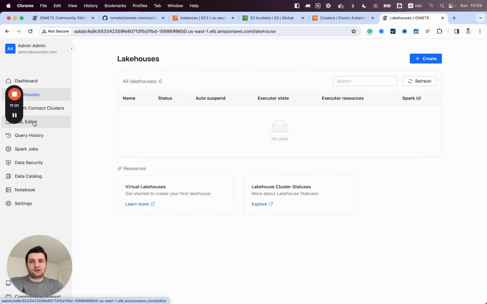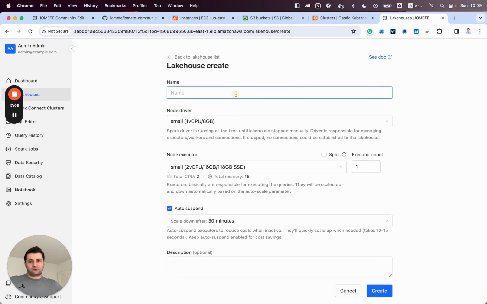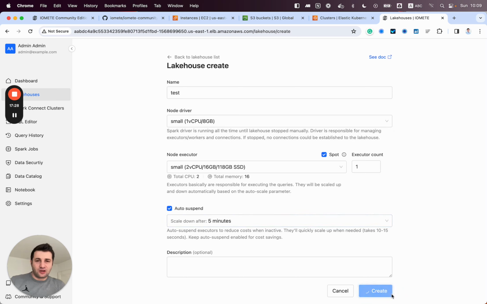Let's say, choosing the smallest instances, you can opt in for Spot, and then the auto suspend will scale down resources automatically when there is no load within 30 minutes or 5 minutes.